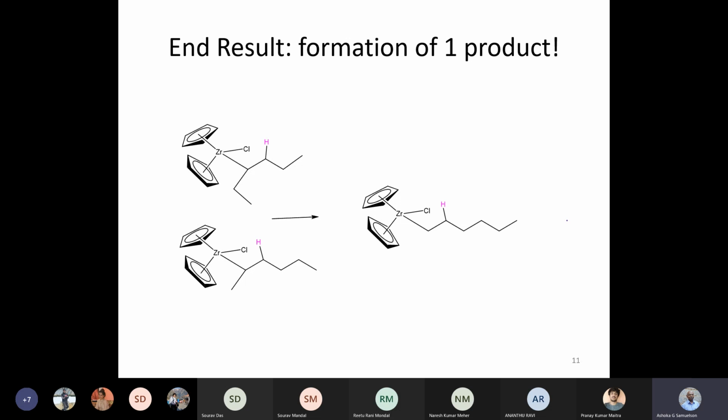So what we have illustrated in this sequence is that alkenes, alkynes, or carbon monoxides are all the 2-electron donors, and you can have any one of the 1-electron donor. In this instance, it was hydrogen. 1-electron donor can undergo a migration reaction. Okay.